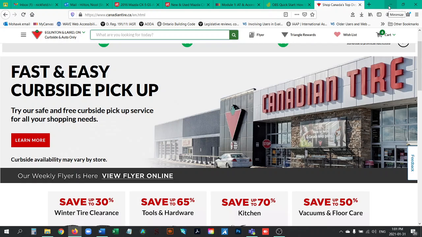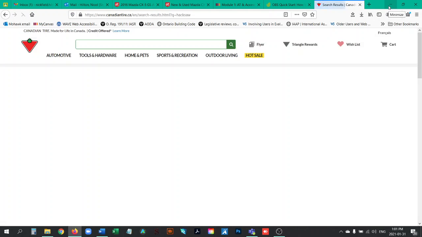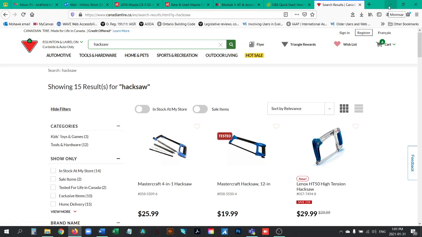I'm going to try shopping for something that I was going to shop for. So I type it in the search bar, and hitting tab again takes me out of the search bar, so I'm going to go back in. And maybe the down arrow. Yeah, the down arrow lets me select some options, but I can also just hit enter, I assume. And it will take me to a page of my search results. So that's useful.